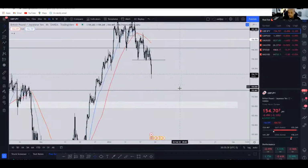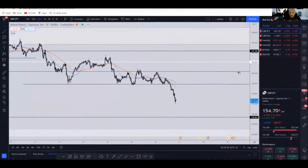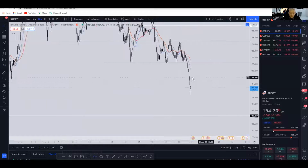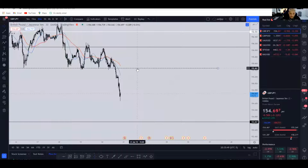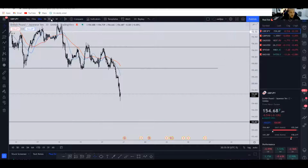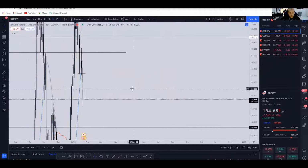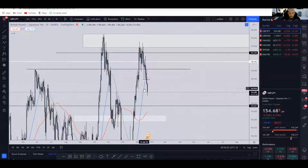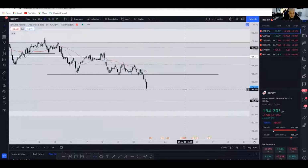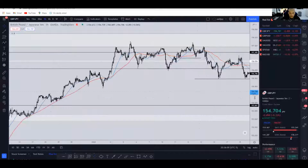So I do see price actually coming down to 153,846. Now, I don't know in terms of where I want to see price pull back to. Ultimately, the best setup would be for price to pull back into this area, but then we're talking about price pulling back roughly 618%, which isn't really the strongest trend, but would be a nice pullback. So we could wait for that. But then if price does pull back all the way there, it's going to show us a lot of weakness to the downside. So what I really want to see is price actually pull back into this area over here,